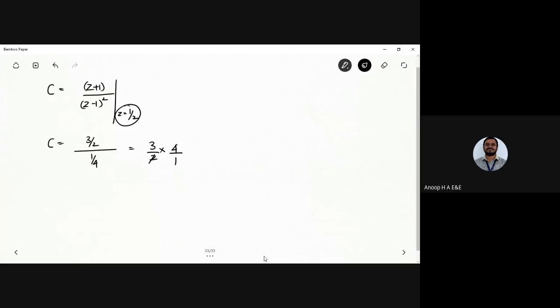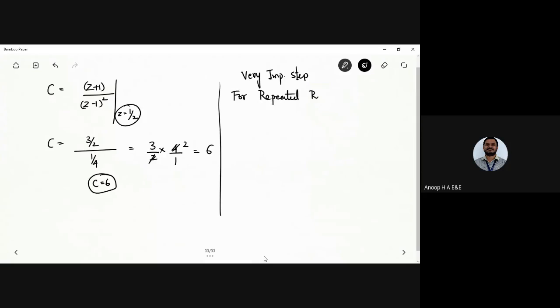Okay. Now, very important step here. I'll write it as very important step. Okay. So this is for repeated poles or repeated roots. Repeated roots, or I can call it repeated poles. Okay. So for repeated roots or repeated poles, if I want to find it, I'll be going for this term here. Okay, so let me check here. So this is A. I need to find out